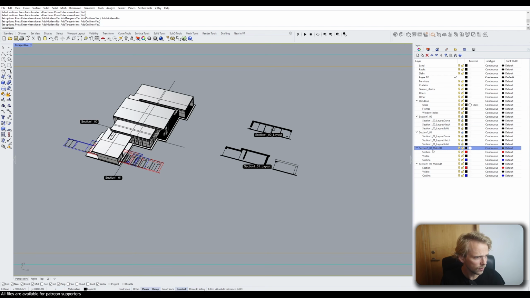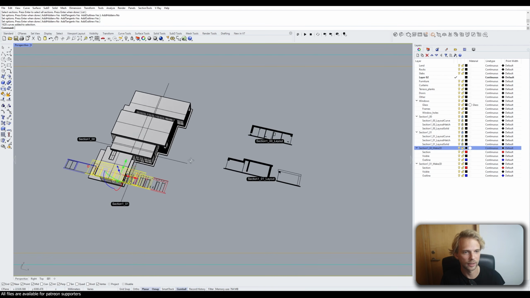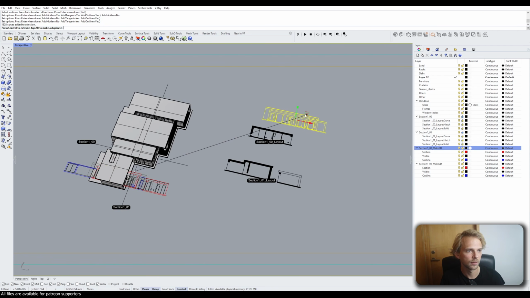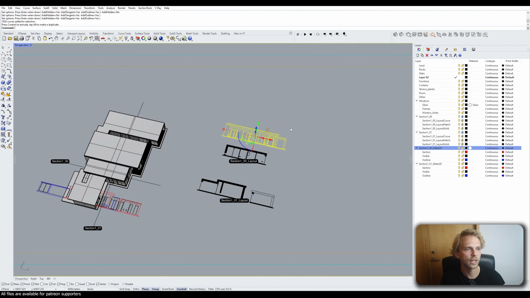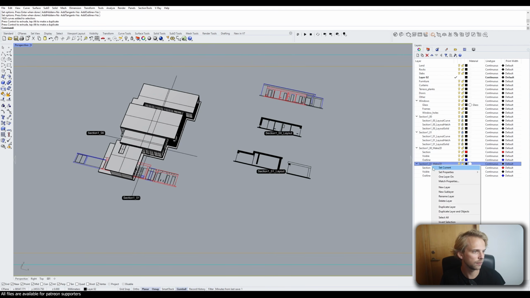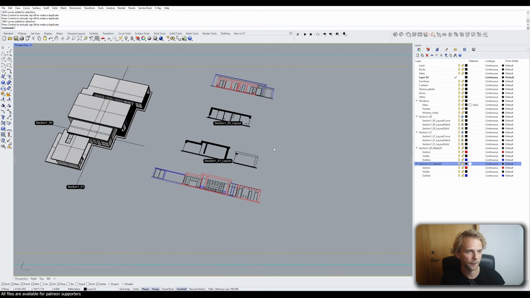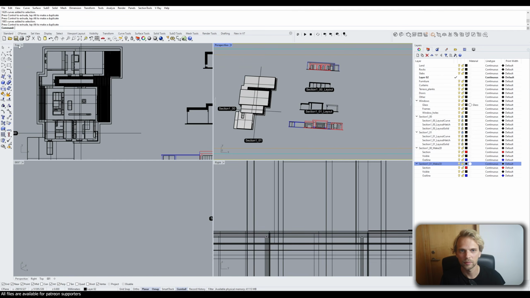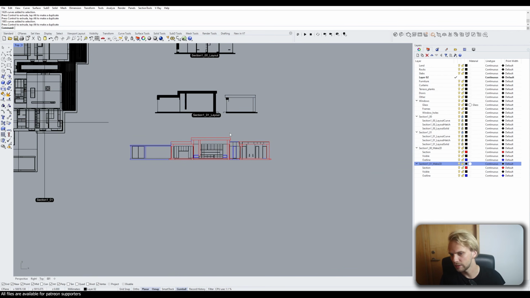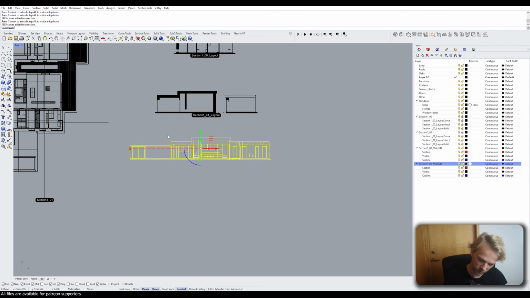So I'll just right click on section 100, make 2D, select sublayer objects so that I have everything selected. Move it here. For now, just here, so that it's easy for me to select them. And same thing for this one. Select sublayer objects, move them somewhere here. These will not update if you update the 3D model, so these should be done last. But now I can just select these, move them